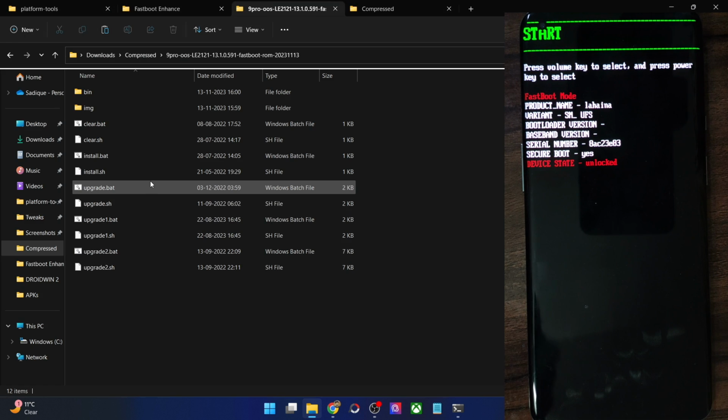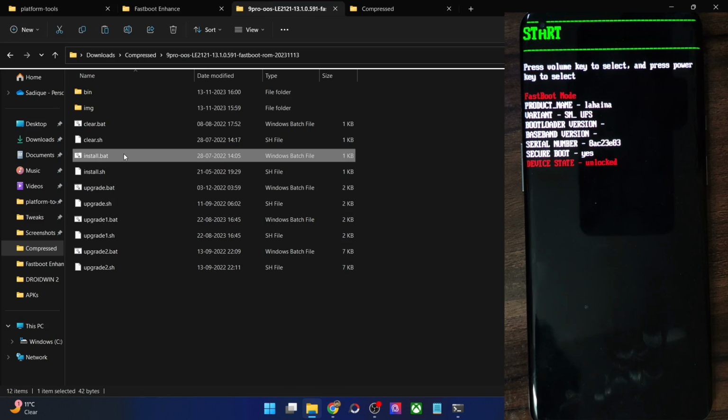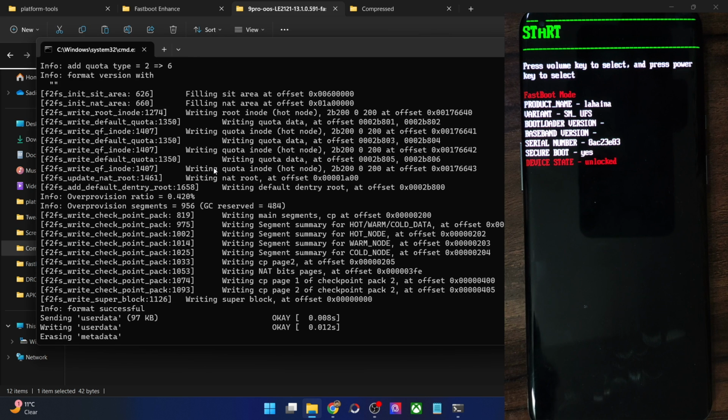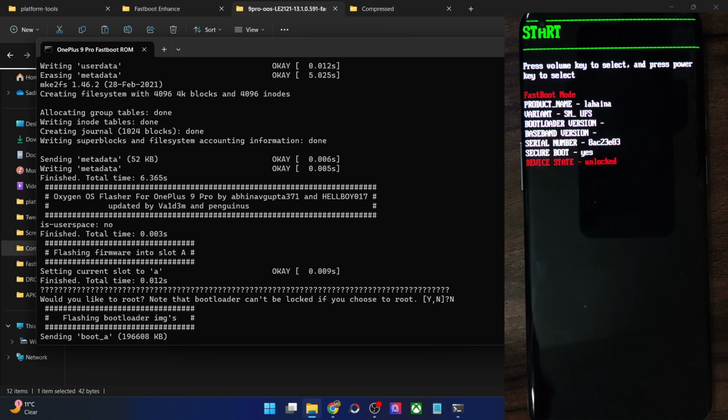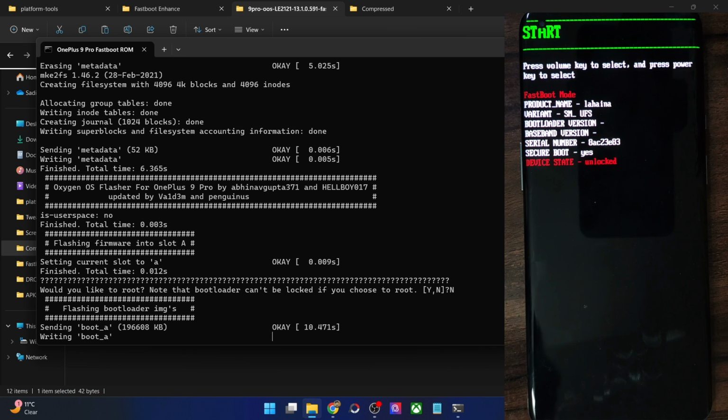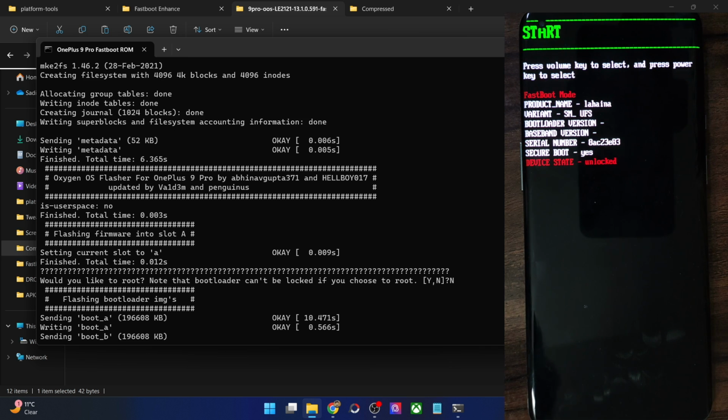So just double click to launch this file, and depending on the phone, you might be asked a few questions. So simply reply in yes or no using the Y and N. So in my case, I am asked a question if I want to root or not. So I don't want to root, I am typing N. These questions will not be there across all the phones, but you might get some additional questions. Simply reply by using Y and N. And these questions are not compulsory. In some cases, there might not be any question whatsoever.